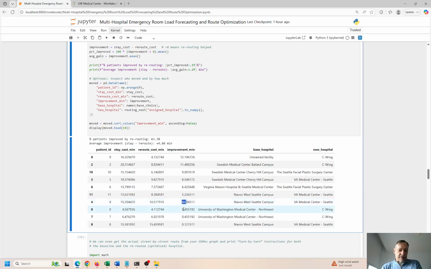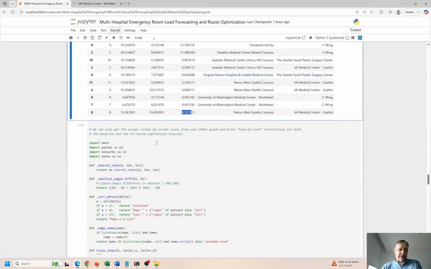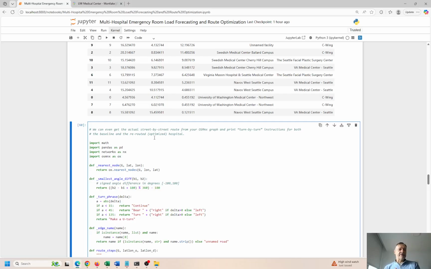That's 4 minutes, right? This is 45 seconds. There's still an improvement, not huge, but almost a minute. This is 12 seconds saved. Okay, so in all these cases, if we reroute the ambulance to a different hospital, it's going to benefit the